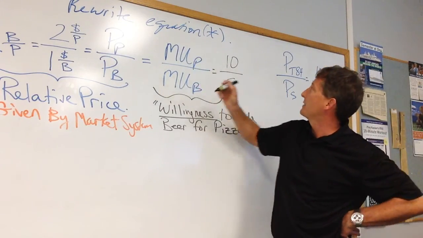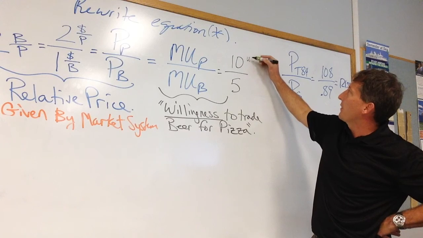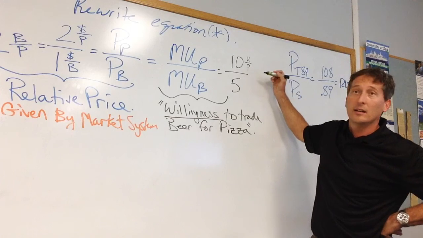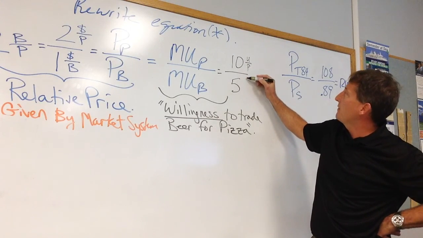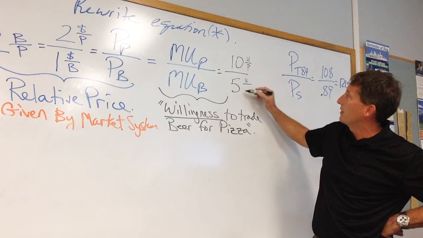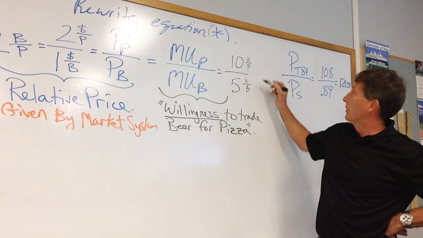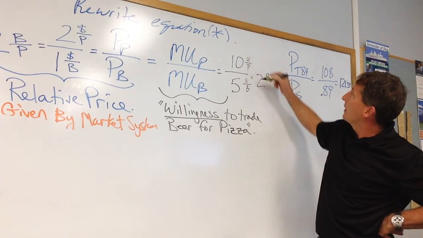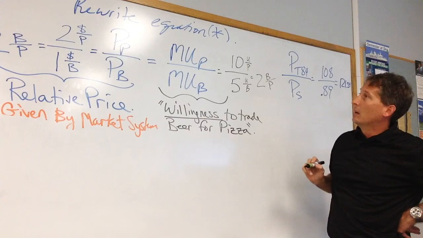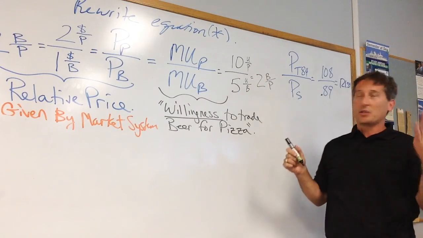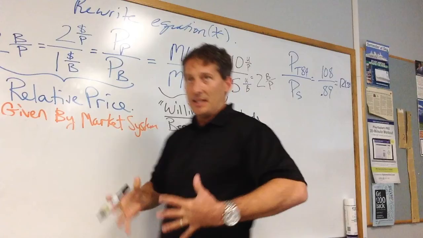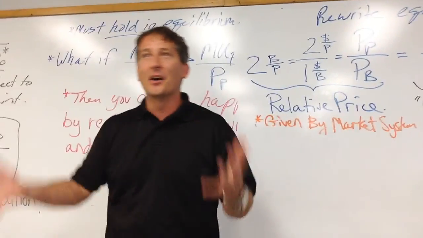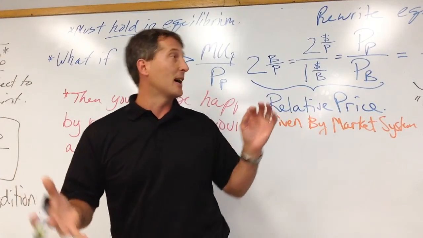10 divided by 5. 10 what? 10 units of happiness, 10 units of utility per pizza, and 5 units of utility per beer, which means I get 2 beers for the pizza. So I'm willing to trade 2 beers for a pizza in my gut, right? That's my internal trade-off. Kind of like those guys in the video, we might face different trade-offs depending on what